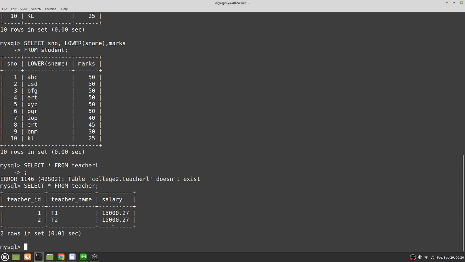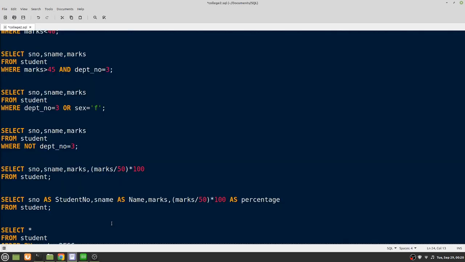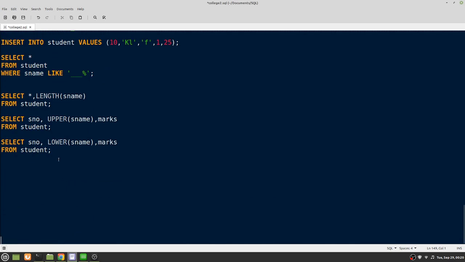Suppose I want to see the salary rounded, then you can use the ROUND function. That can be written like this. Select star, suppose I want to see all the columns, plus salary rounded. So you can use the ROUND function and within brackets salary from student, not student, this is from teacher.